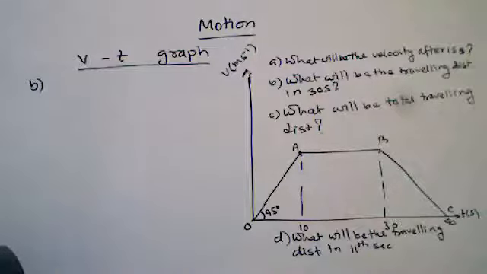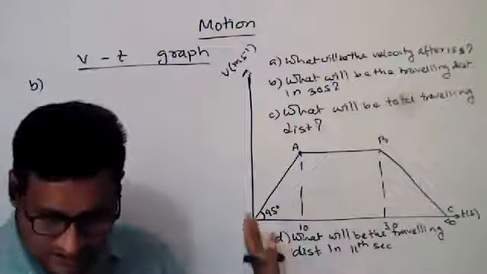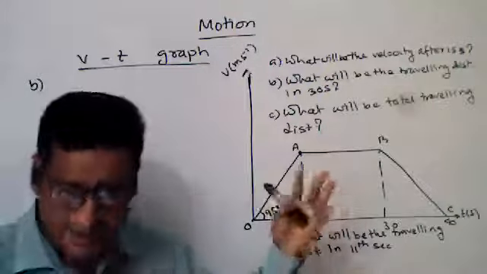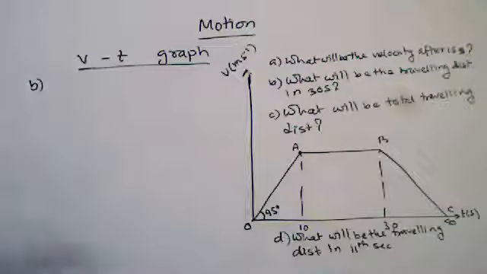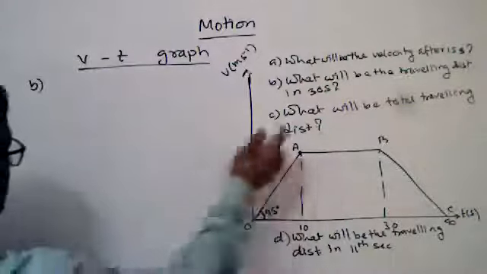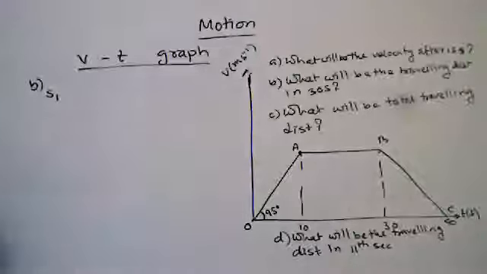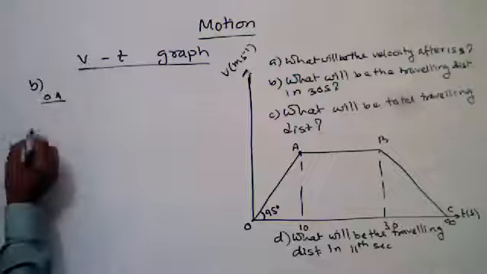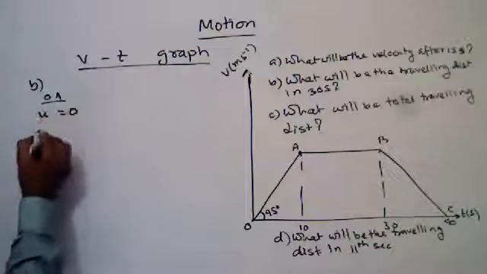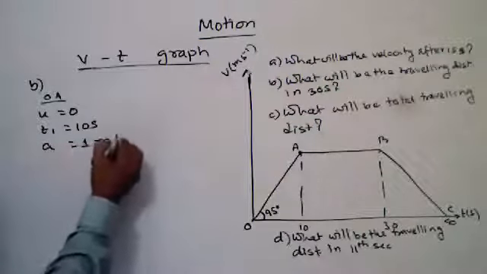So you can determine the traveling distance by using the formula, or you can determine it in the geometrical system. Any other system you can use. I can solve in two ways. At first, 0 to 10 seconds. Suppose this is S1, for the first portion, OA. For OA, here u equals 0, t1 equals 10 seconds, a equals 1 meter per second square.